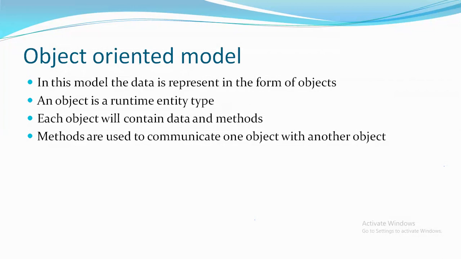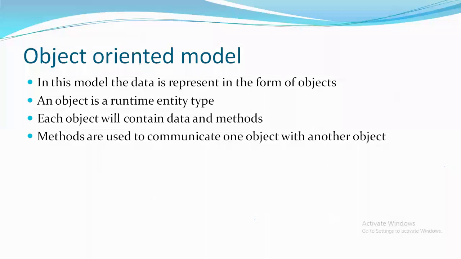Another model is called the entity relationship model. In the entity relationship model, the data is represented in the form of entities. An entity is a person, place, object, or a concept in the user's environment which contains data. Properties we call attributes. The association between two entities is called a relationship. We will discuss this in the next unit.